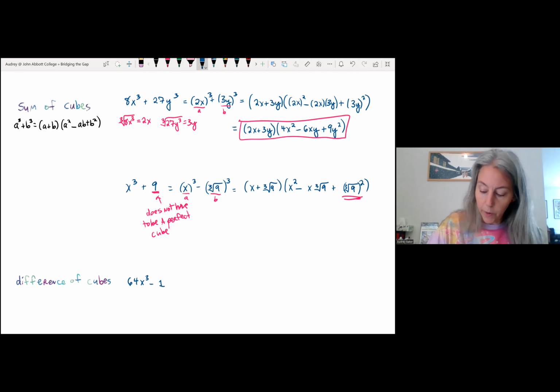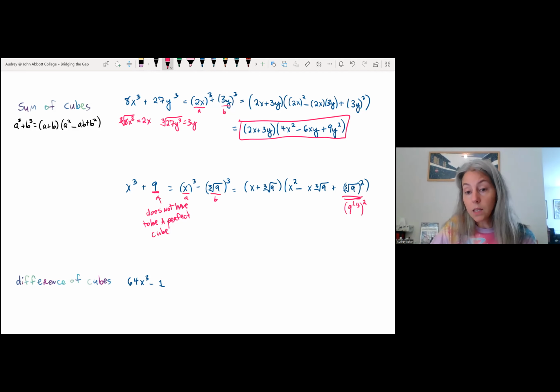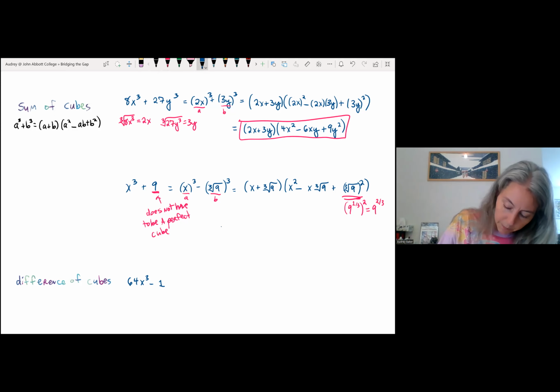So what we know is that the cube root of 9 is 9 to the 1 over 3 that we are squaring. Oops, I'm just going to change the color here. 9 to the 1 over 3 that we are squaring. And then our exponent rules tell us that that 1/3 and the 2 are multiplied together. So this is 9 to the 2/3. So then this becomes x plus the cube root of 9